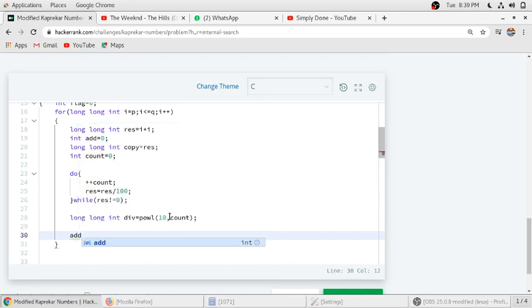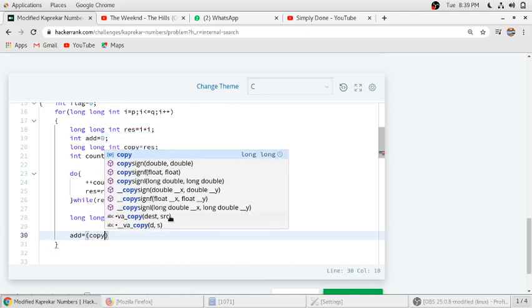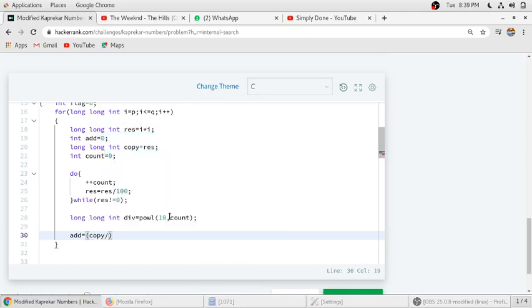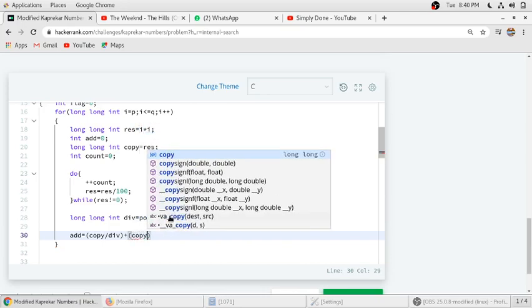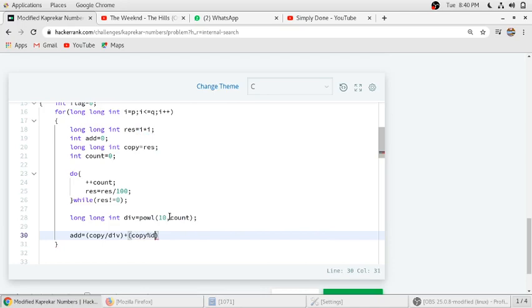From this we can split the number. By dividing by div, we will get the first part, and by adding it to the mod of div, we will get the second part.